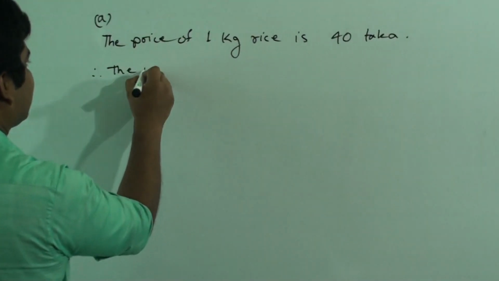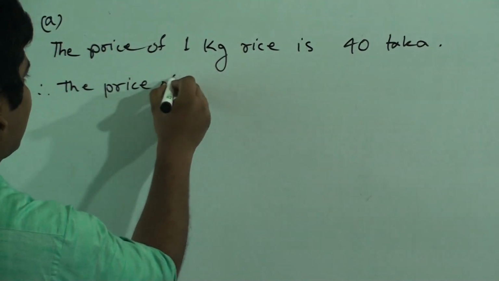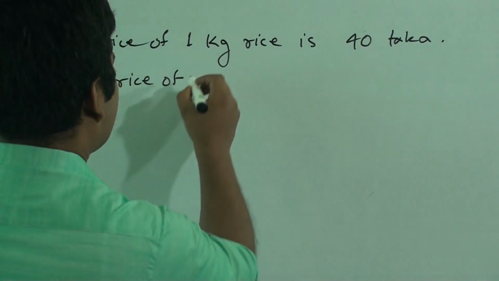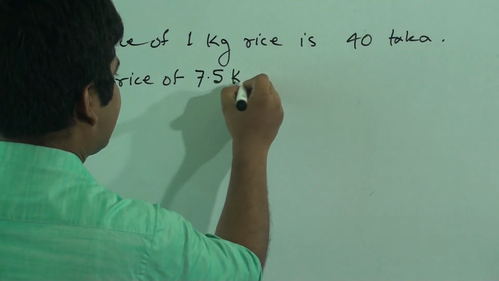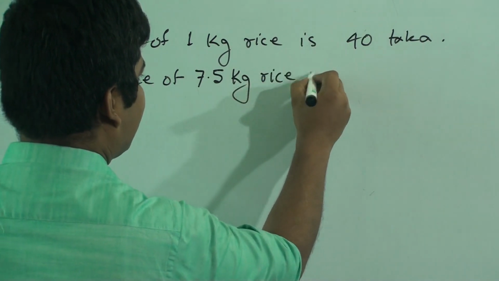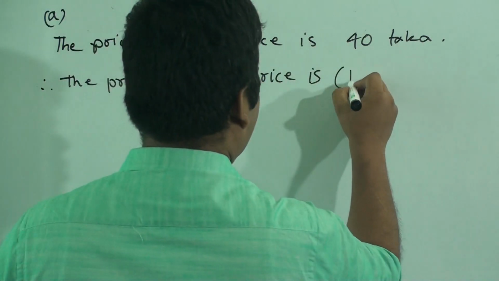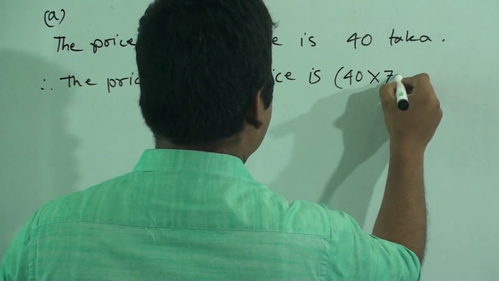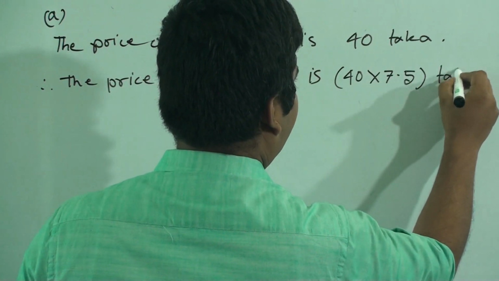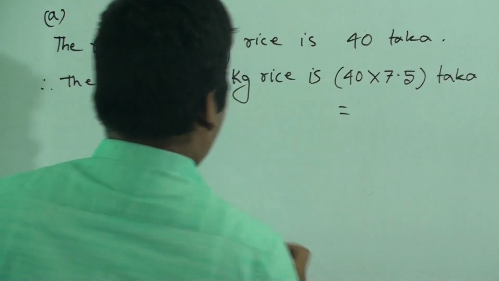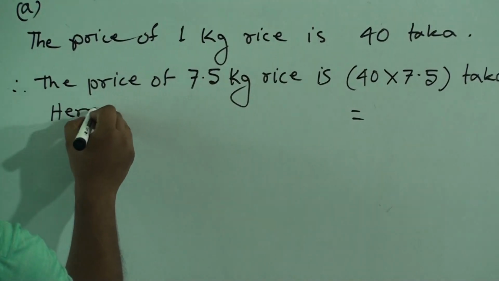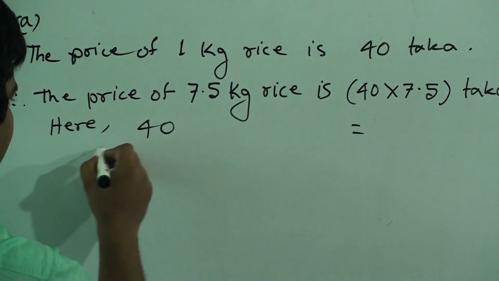Therefore the price of 7.5 kg rice is, we do multiplication, that means 40 multiplied by 7.5 taka. Here we show the solution, that means 40 multiplied by